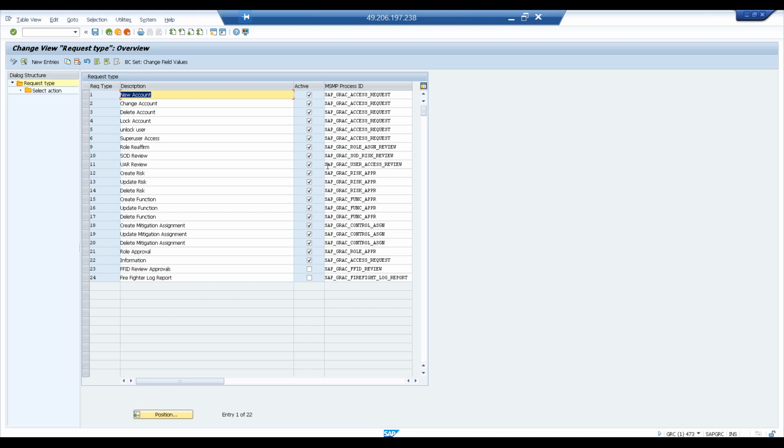Okay, now what is a process ID? I will just come back to this again later. So there is an action here. What is this action? Again, I'll come back to this later. For now, you just remember that this is a place where you can have the request types created,